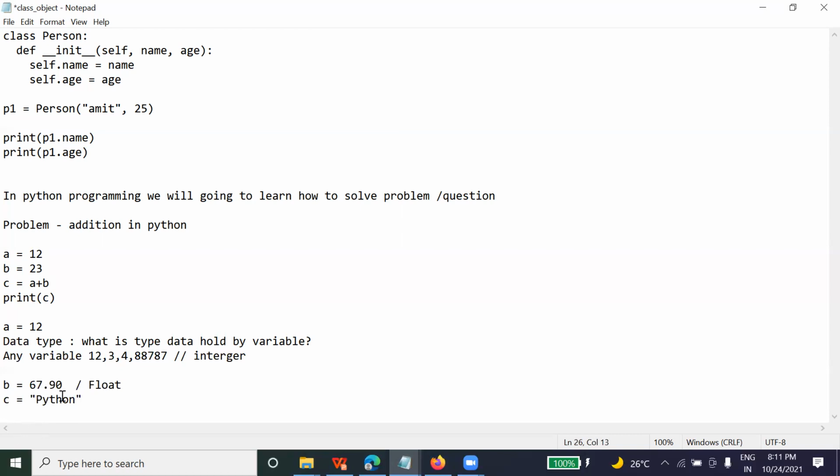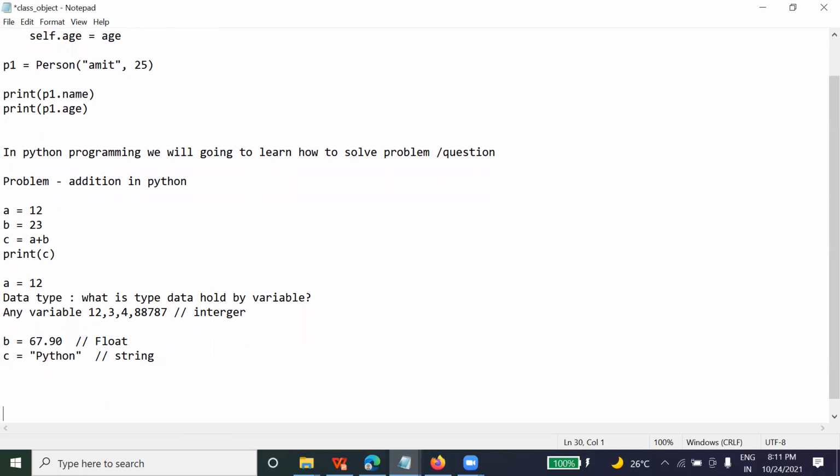This we have already seen. Good. So this is the data type: what type of value is held by the particular variable A, B, C. Now this is one problem, addition. Similarly, if I ask you to write the program for subtraction, multiplication, and division, will you be able to do it?